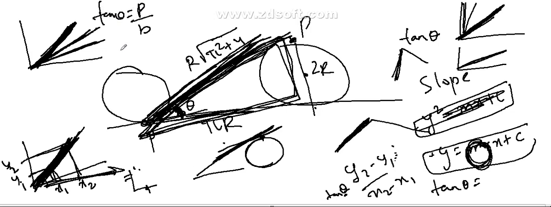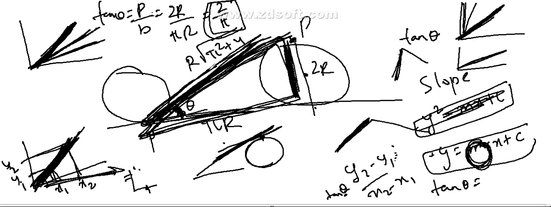Yes or no? And what is perpendicular? Height. The height is 2r, and the base is pi r. So 2r by pi r, the value is 2 by pi. Understood? So this is the direction. If anytime somebody asks you to find out the direction, then you have to find out the slope only. Understood? So the slope is r root pi square plus 4, no, sir? That is displacement.